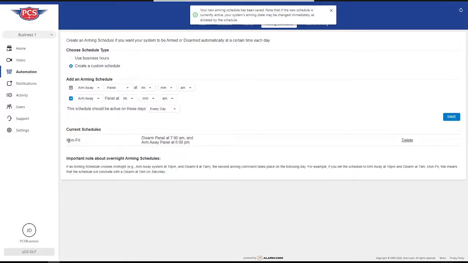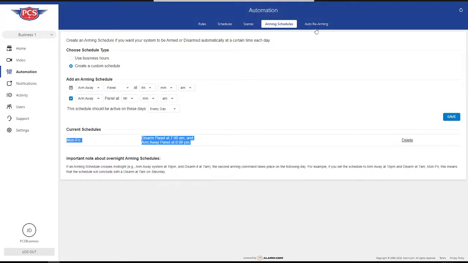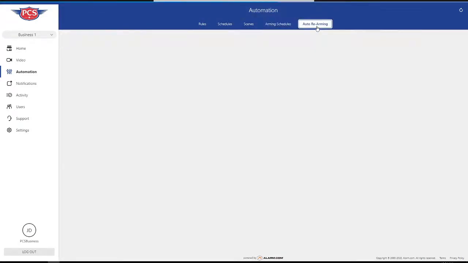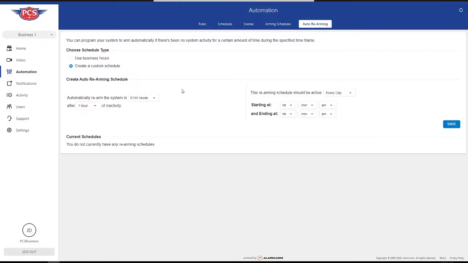And now you can see current schedule is Monday through Friday, disarm the panel at 7 a.m. and arm it away at 6 p.m. And then auto rearming is somewhat slightly different. So basically you can say automatically rearm the system in X amount of mode after a certain amount of time